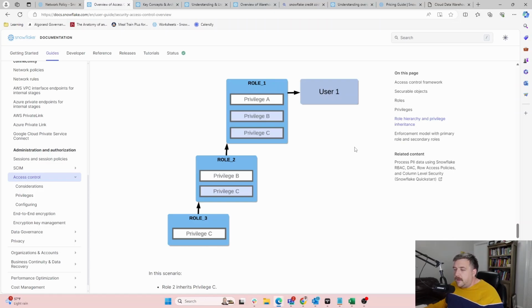So if role 3 has privilege C, and then you put that role in role 2, now you have privilege C and privilege B, and then it rolls up like this. To note, that doesn't necessarily mean that if a user has access to all 3 of these different roles, and they say, okay, I want to use role 3 in my query, the access for role 2 will apply to the user.